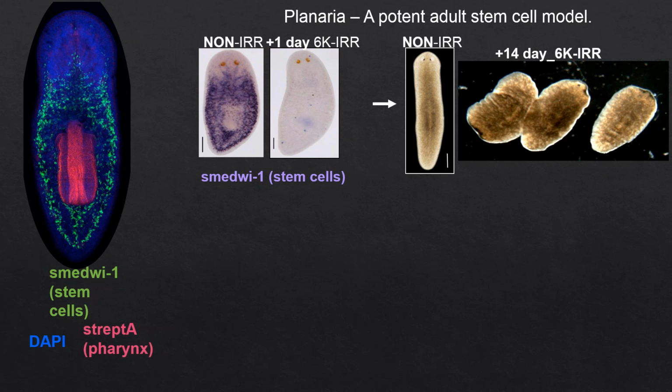And so if you follow these animals out, you can see that by 14 days post-radiation, the non-irradiated control animal looks normal. And then the irradiated animals are really starting to show a strong phenotype, because they've lost stem cells 2 weeks ago at this point. So now the differentiated tissue is really starting to suffer, and the worms kind of shrivel up, and eventually, of course, they'll die because they don't have the capability to replace the adult cells that are turning over or being